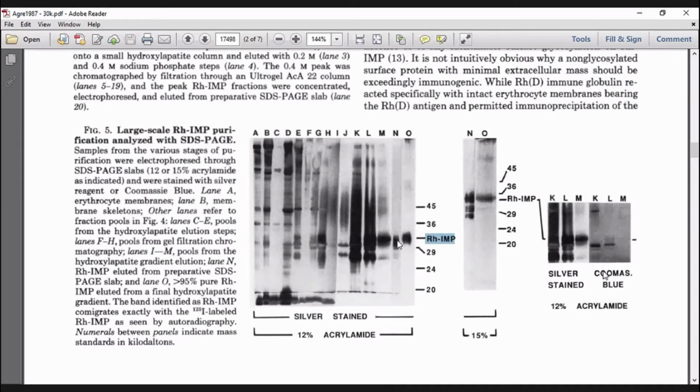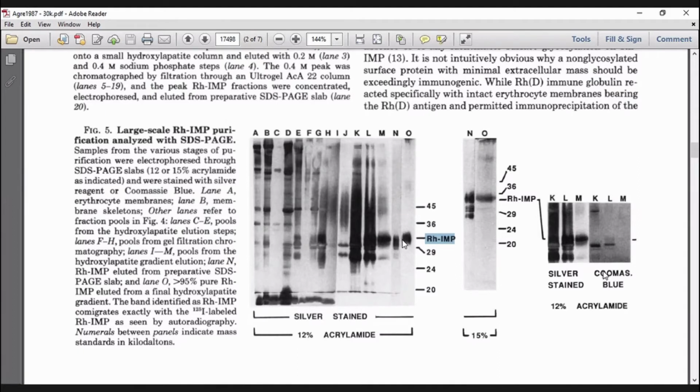The unit we use is Dalton. Actually it's grams per mole. But why do we use Dalton? Because we use electricity in electrophoresis, so that's why we use the unit Dalton, which in chemistry is equal to grams per mole. It's just the way biochemists want to have their own unit. We don't want to use the same unit as what chemists use. Biochemists want to use a different unit.